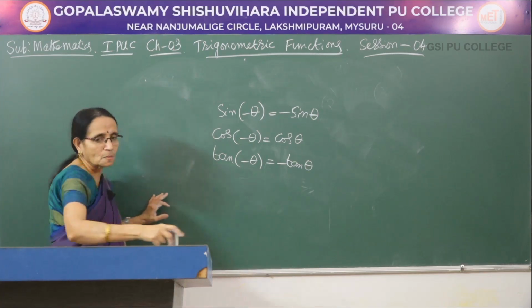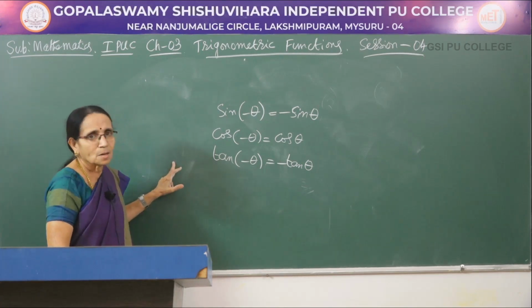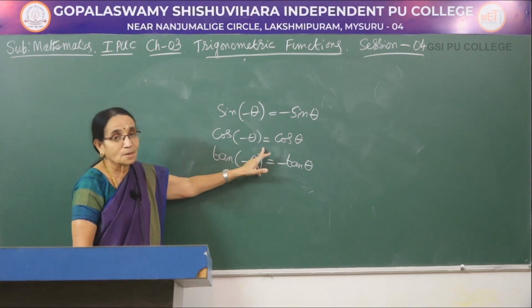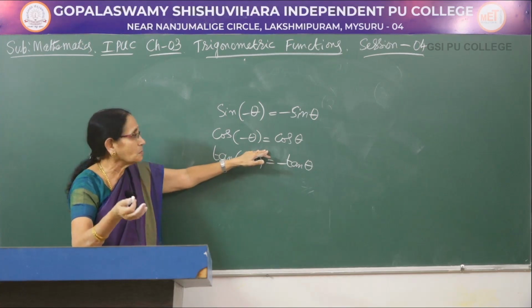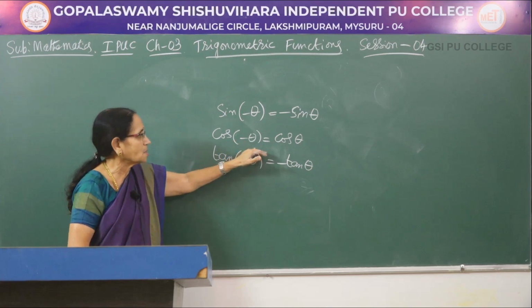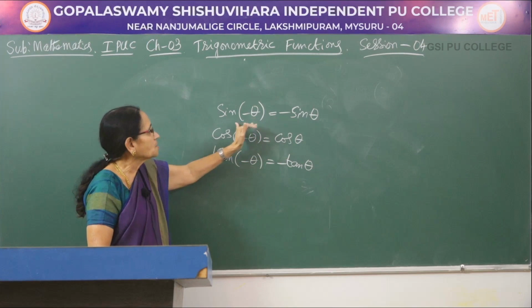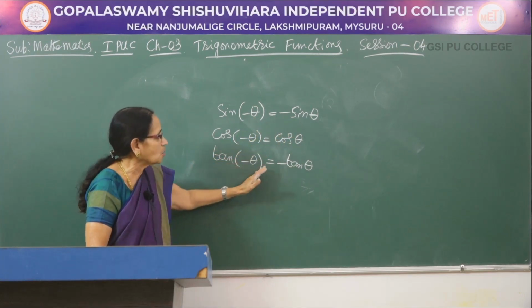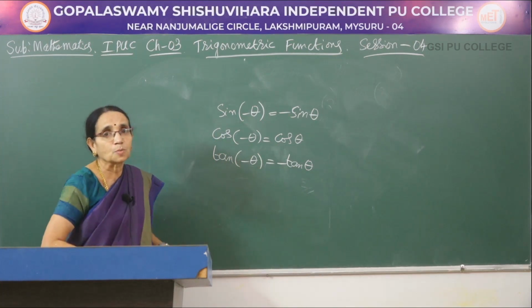How you get it is, actually when we start measuring in the clockwise direction, we get the fourth quadrant here. So, in the fourth quadrant, this is not a hard rule I am telling, it is for easy remembering for you, how it would be negative or positive. So, cos of minus theta in the fourth quadrant, as you know, cos is positive. So, we take it as positive. Sin of minus theta would be minus sin theta and tan of minus theta would be minus tan theta. These results are applicable both ways.